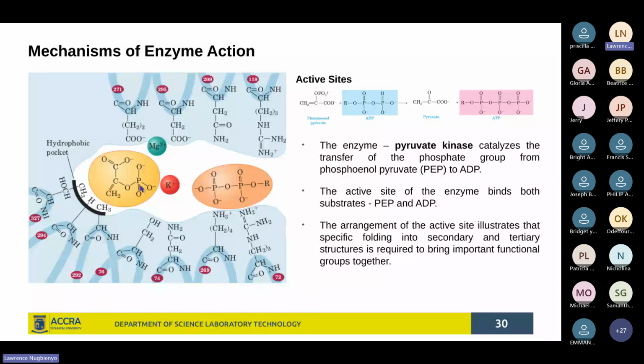Or you see clearly this is an activity of a pyruvate kinase, which is being depicted. So pyruvate kinase, again, I mentioned that if you see the name of an enzyme with kinase in it, it means it is involved in the transfer of a phosphate group. And this is a reaction depicted here, where this time you have phosphoenol pyruvate coming together with ADP, adenosine diphosphate. So in the end you have pyruvate, and then you have ATP,